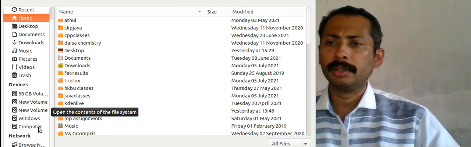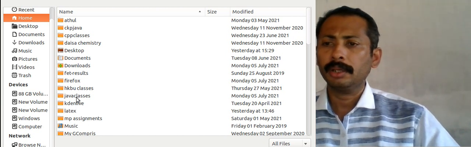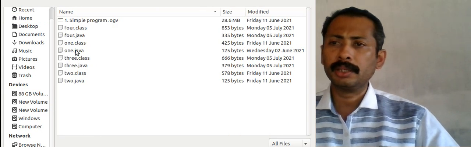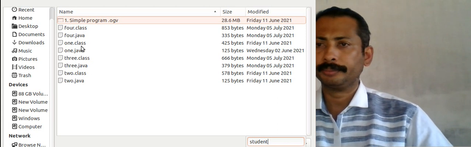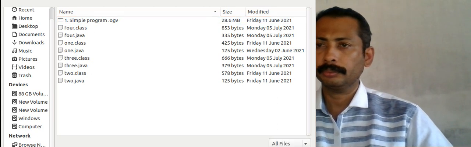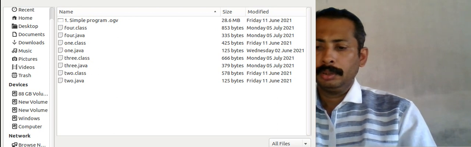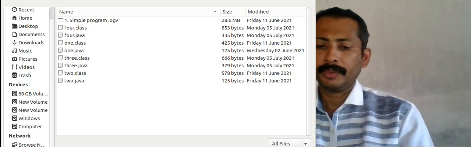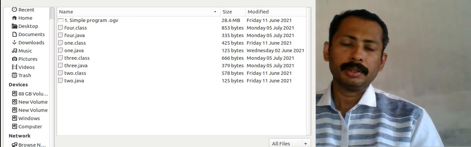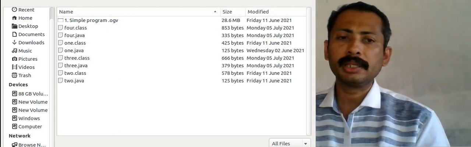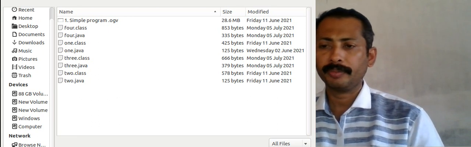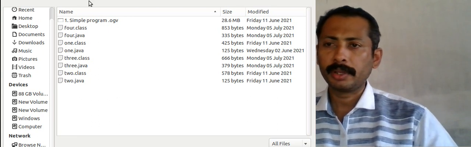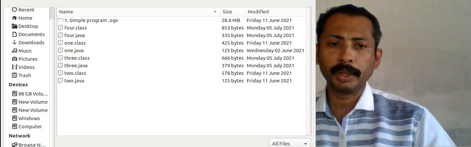So I am saving this to a folder called Java classes, and the program name is given as student.java, since Java insists that the class name and the program name should be the same. So I have saved the program name student.java.